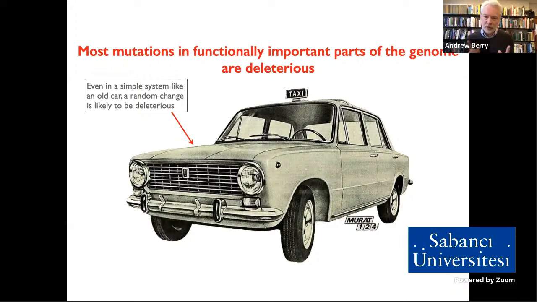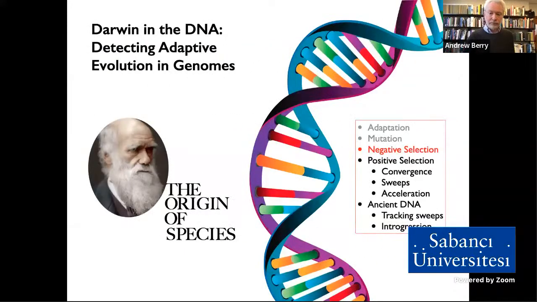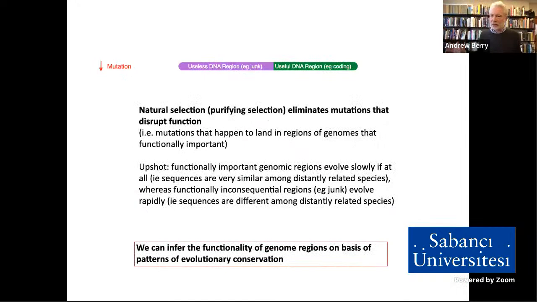So almost all of natural selection is what we call negative natural selection, which is just getting rid of the bad stuff. And as I say, 99.999% of mutations which occur in functionally significant parts of the genomes are bad. So let's talk about boring, and it is boring, negative selection. All it does is keep things the same. All it's doing is eliminating innovation. It's not going to give us adaptation. What it does is it maintains adaptation.